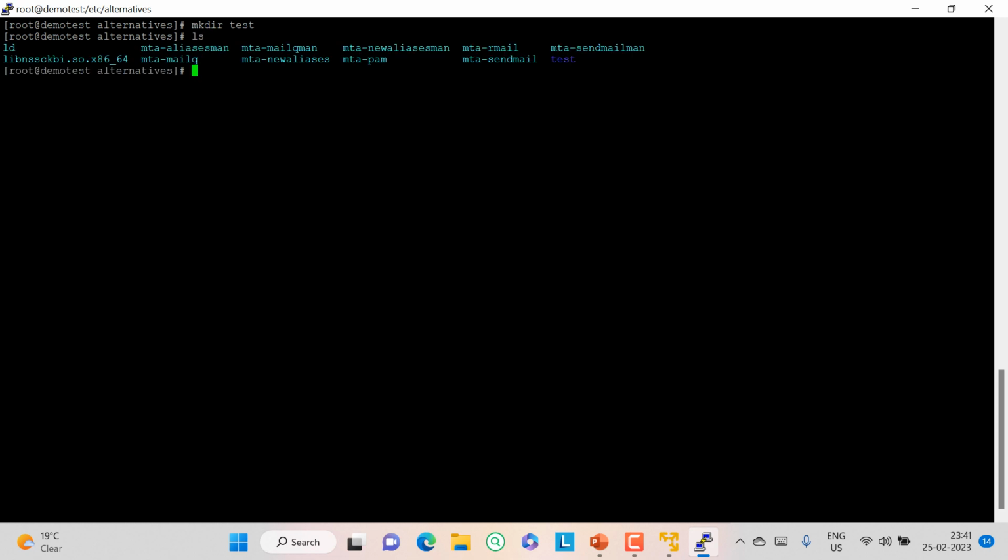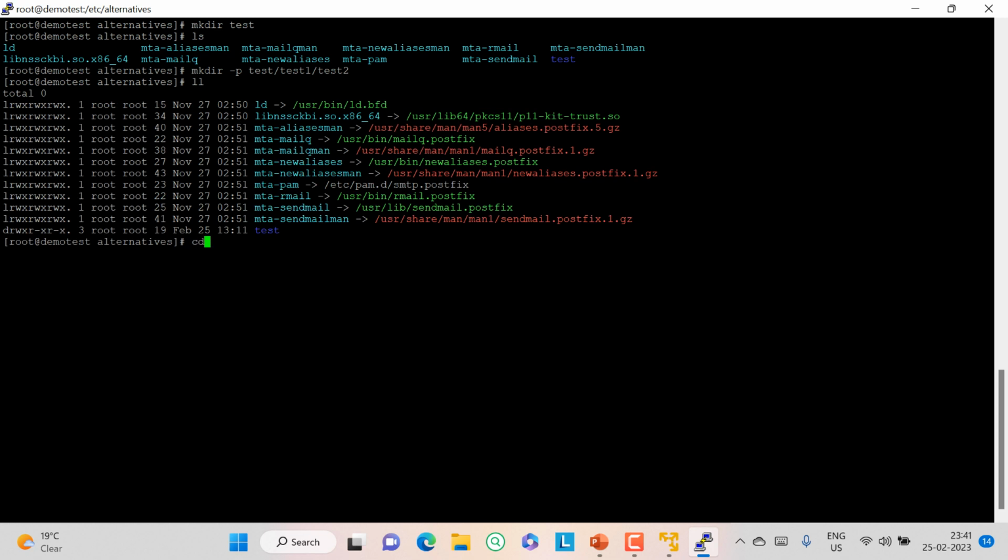And if you want to create a directory inside a directory, you just type mkdir with the hyphen p option. I have this directory test. If I want to create one more, test1 and test2, and I go inside test, you can see test1.